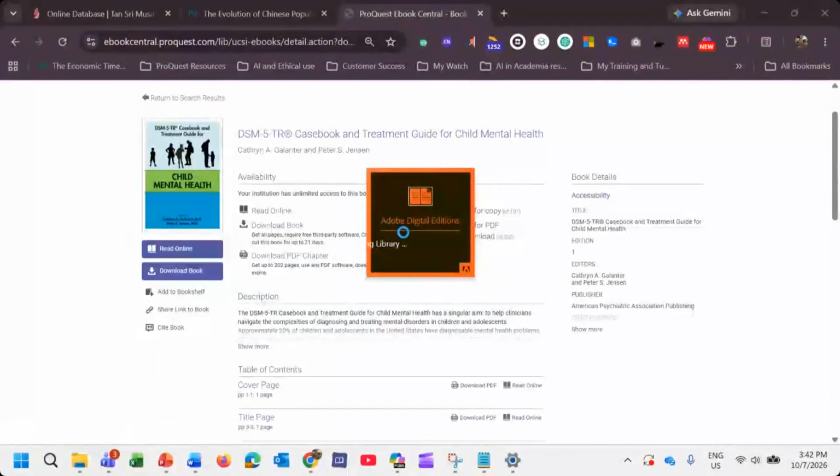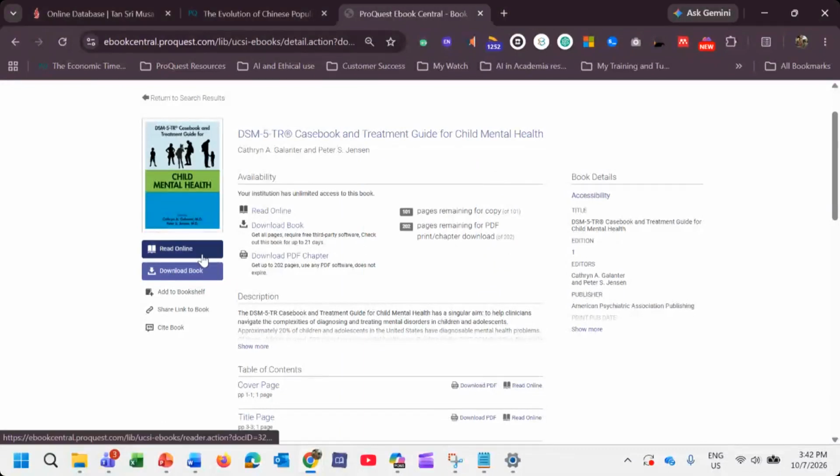But anyway, we are going to move away from Adobe Digital Editions. We are going to introduce the app soon, so eventually you will get your apps. Okay, let it load. It takes some time.